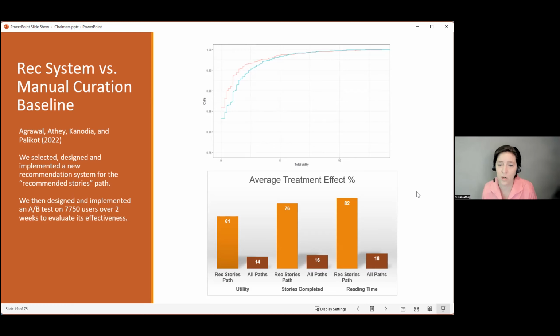Okay. So here we ran this randomized experiment where we gave some people the recommendation system, and that's actually competing against the human curated system that they had in place before. I should say that you might think recommendation systems are everywhere, so this type of study must have been done a million times, with lots and lots of studies comparing having a recommendation system to not having one. But that's actually not true.